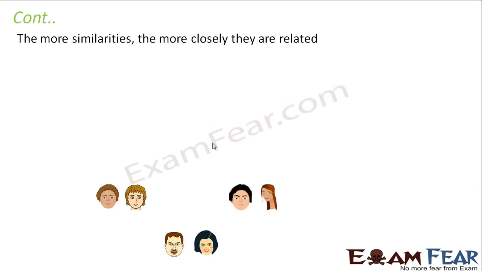Now let us say each of them gets married. So they again have kids. But now if you compare the similarities between their kids and the similarities between them, do you think they are as similar as their parents were? No. Because now these 2 kids are not real brothers and sisters. They are first cousins, right? It is like you and your first cousin. You will look more similar to your brother than to your first cousin.